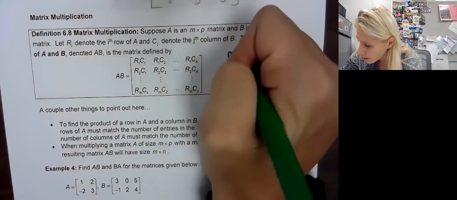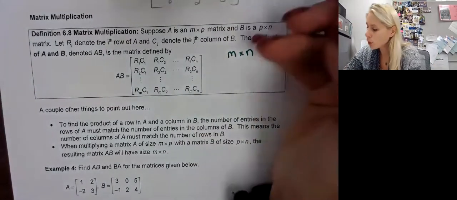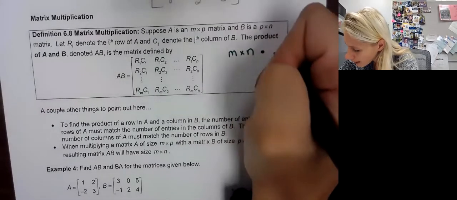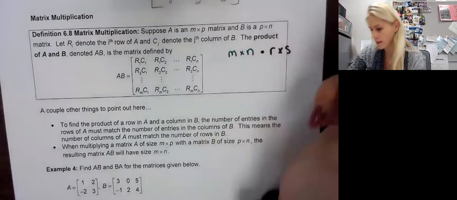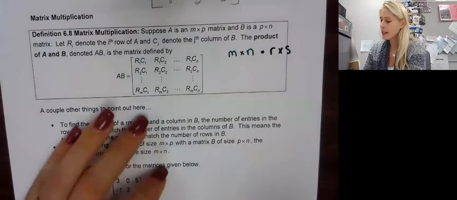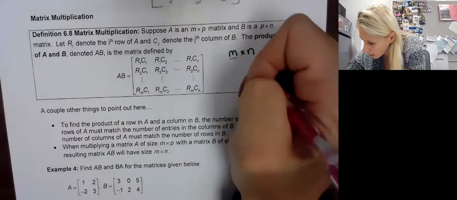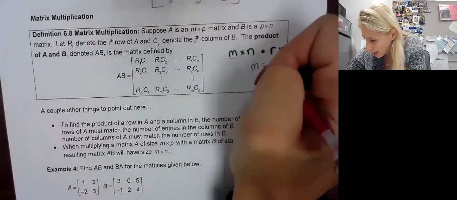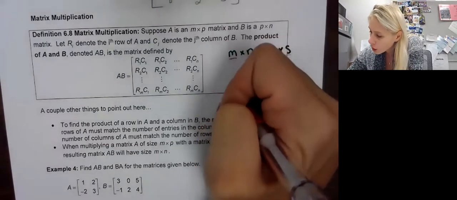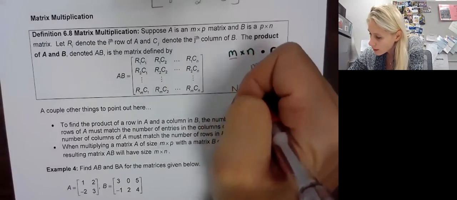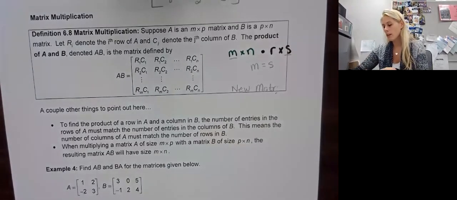M by N, the only way to multiply, and I'm going to say, let's do different letters, R and S. What happens is M and S must be the same. So M must equal S. Once we know that happens, and we know that our new matrix will be of the dimensions